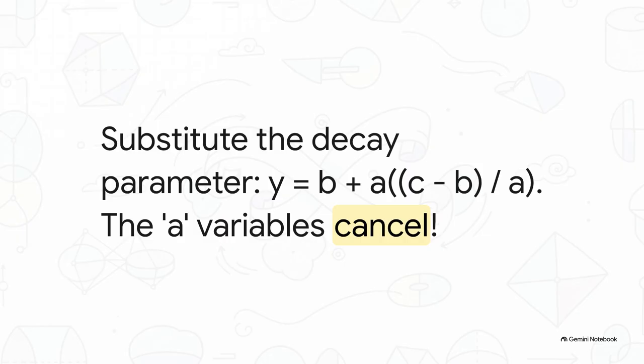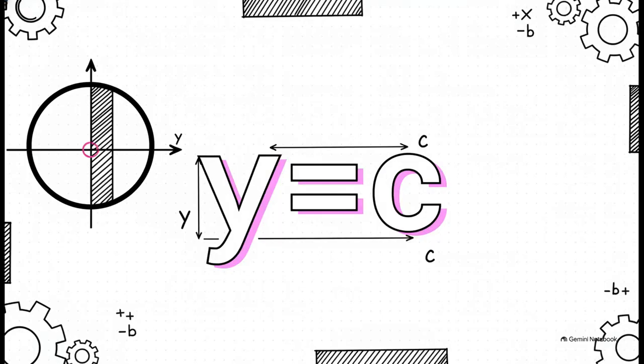Now pay close attention to what happens when we substitute our newly discovered decay parameter into this equation. We replace d with c minus b over a. Look at how beautifully those a variables are positioned. We have an a multiplying a fraction that has an a right there in the denominator. They instantly cancel each other out. That leaves us with y equals b plus c minus b. Naturally, the positive b and the negative b cancel each other completely out too, leaving us with an undeniable final